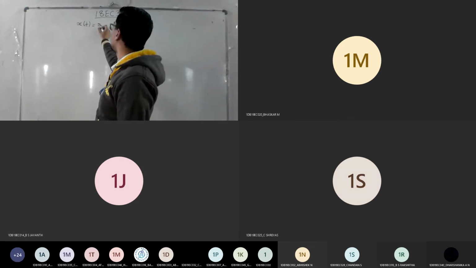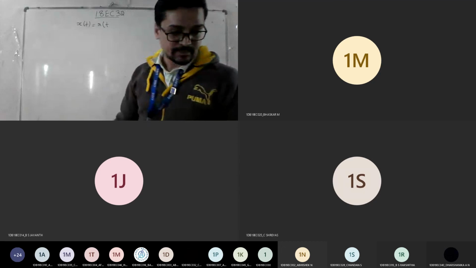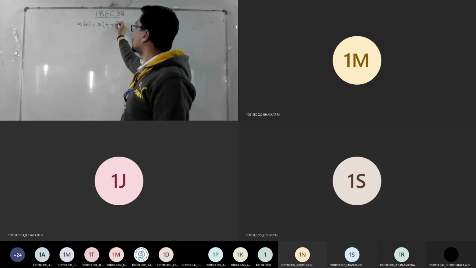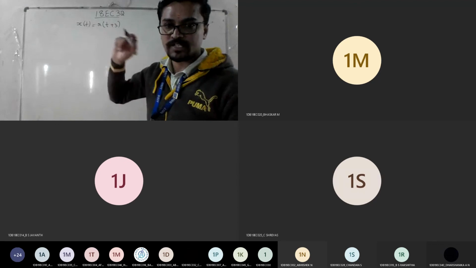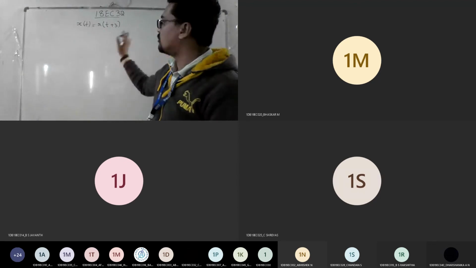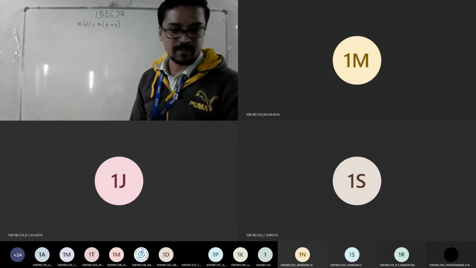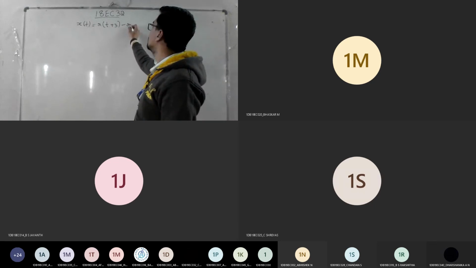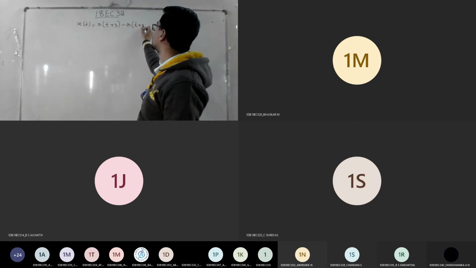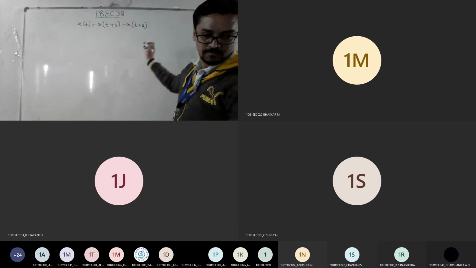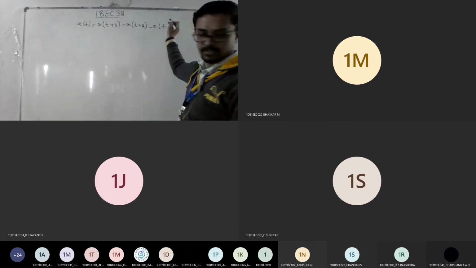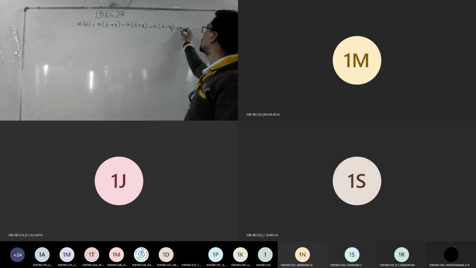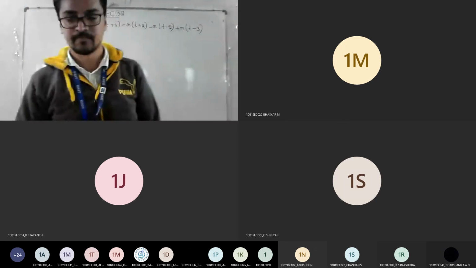Okay, the signal is given as r of t plus 3 minus r of t plus 2 minus r of t minus 2 plus r of t minus 3. See, actually you are not going to get this question as such. The answer will be coming, but you want to understand first how to get the signal, so for that purpose I am giving this. So this is the given signal.